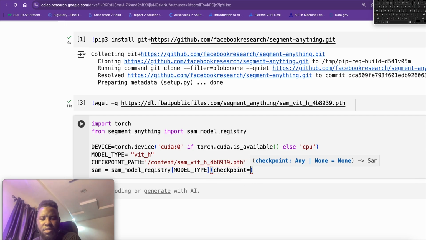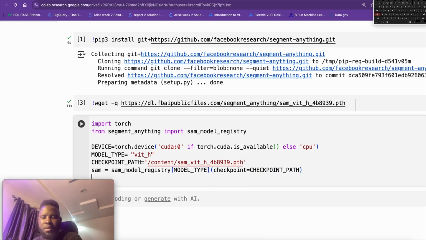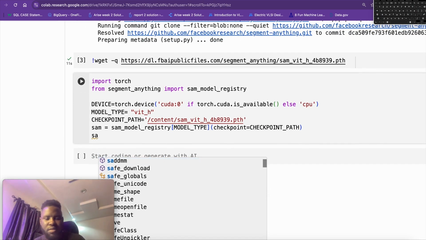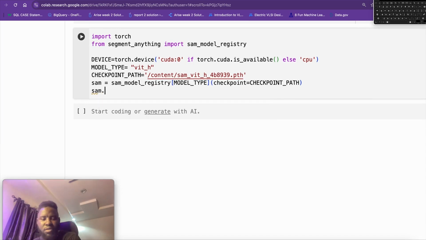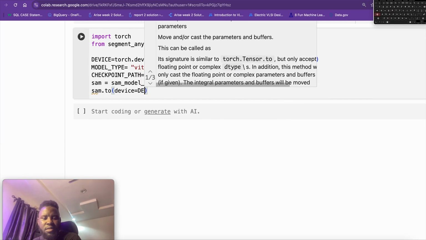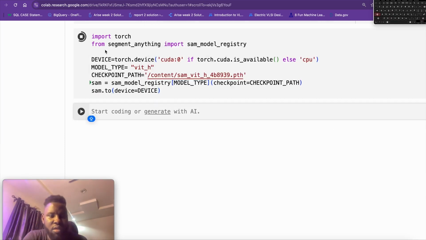Checkpoint is equals to checkpoint path. Okay, then we can now move SAM to device, because we want this to run on GPU. SAM.to(device) is equals to device. Okay, so if we run this successfully, that